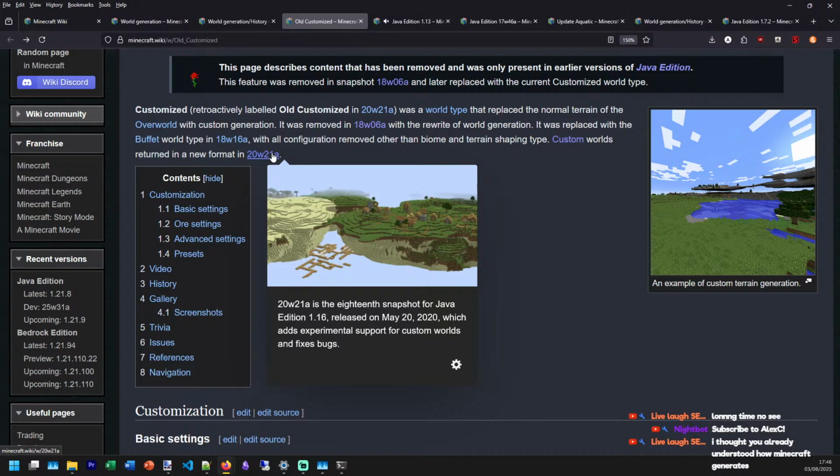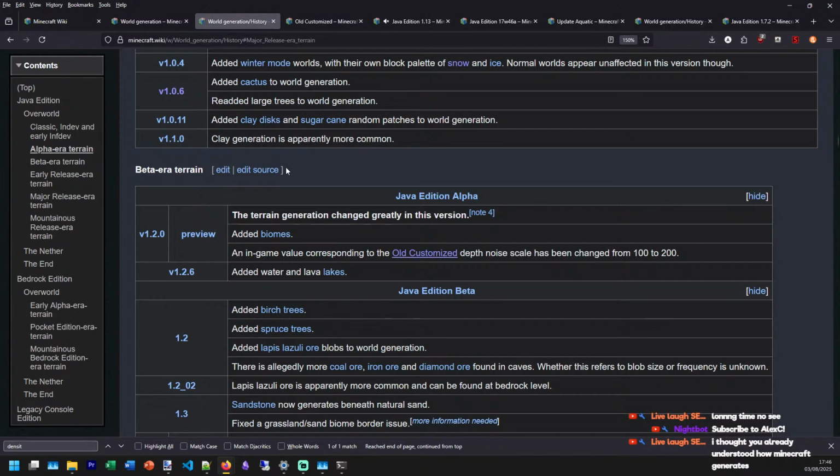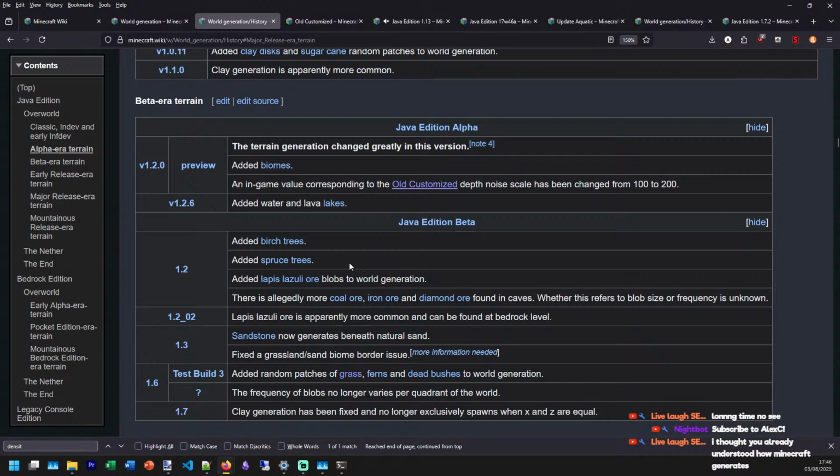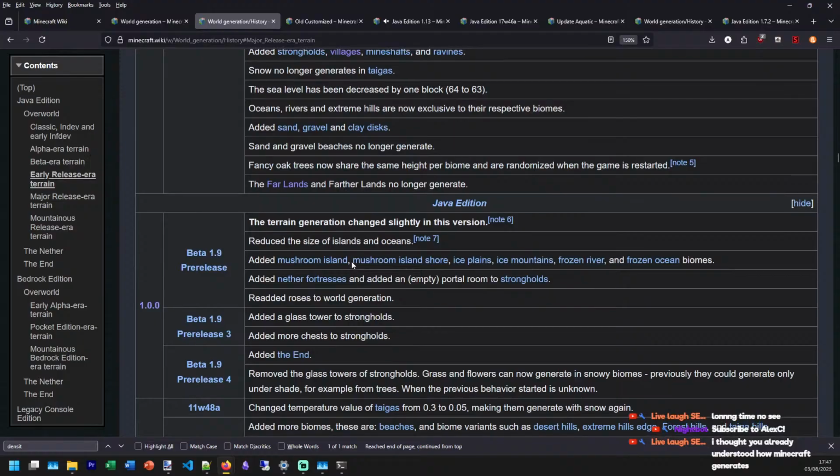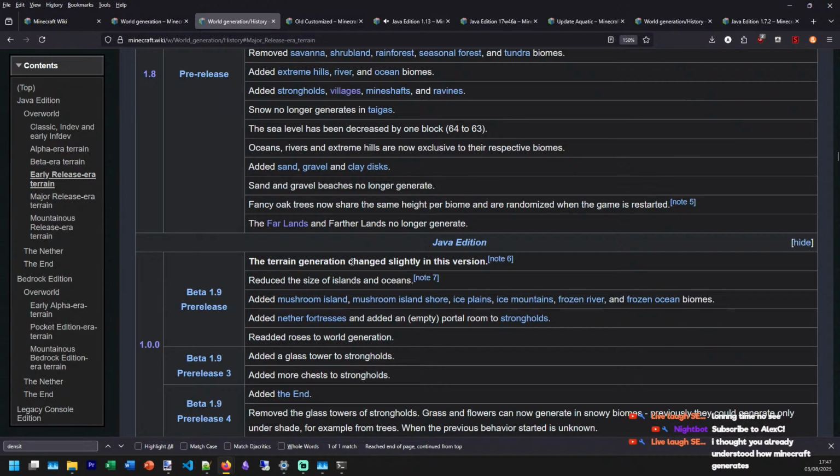End update confirmed, chat. I wonder why 1.13. Oh, data.